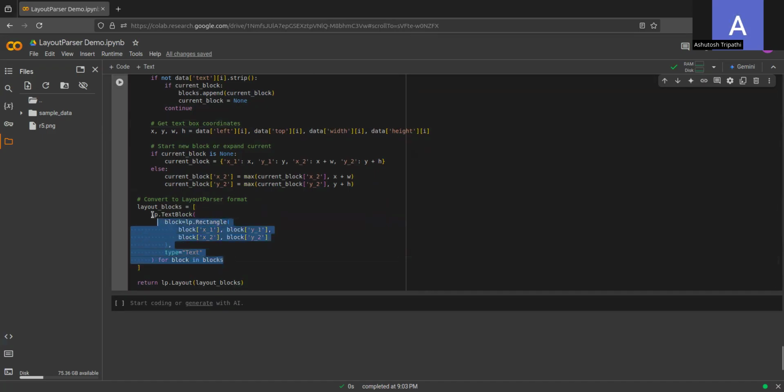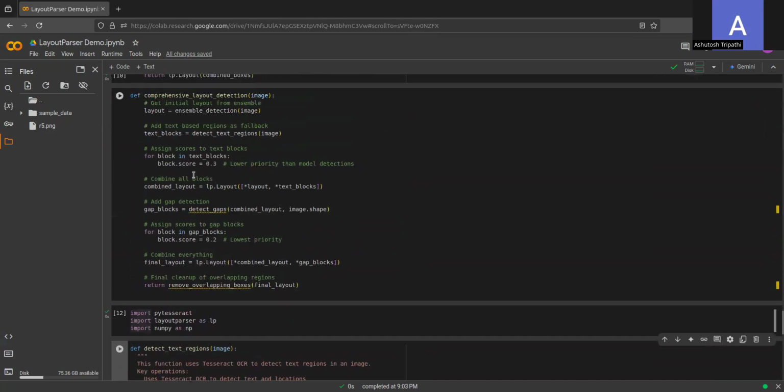So that's what we are doing here. Okay, and then we'll return that. So now in this pipeline, we have detected the text region. And again, we'll set the threshold for text region as low as possible, like 0.3, which is lower